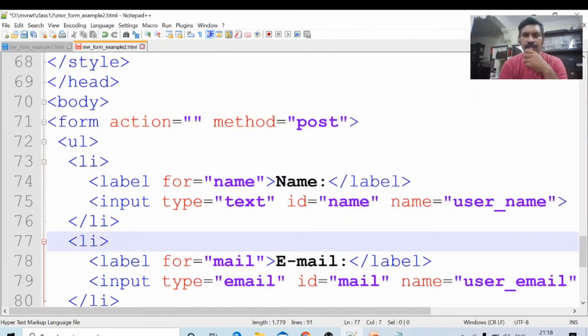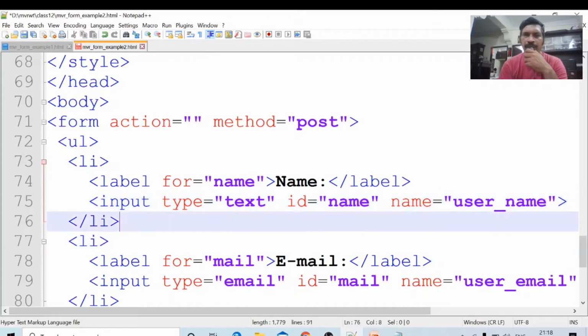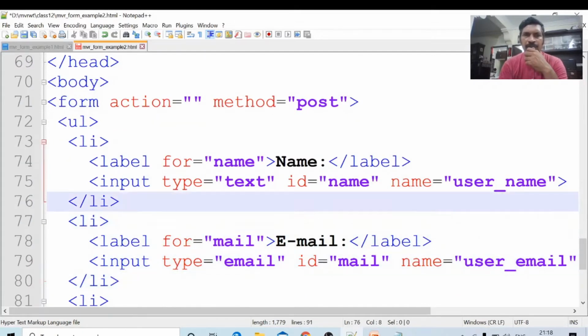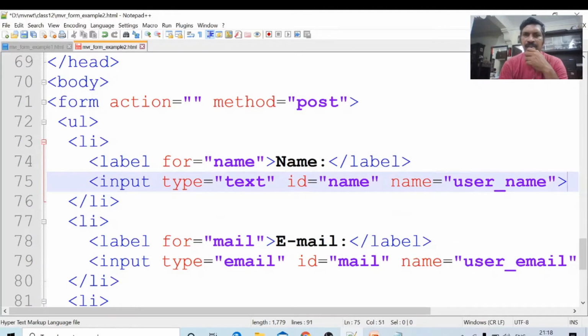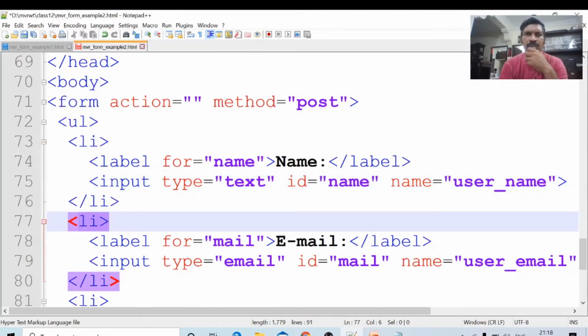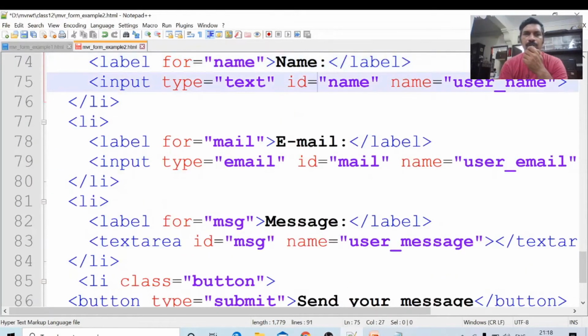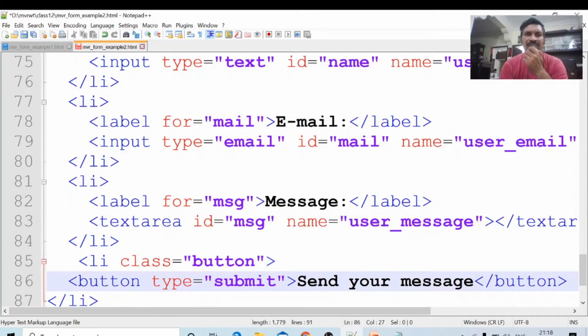Label, just that name will be displayed. Input type equal to text, id equal to name, username. For name, what is the input we have taken? For the name, the input taken is text. Next is email. For the input, we have taken the type equal to email. For the message, we have taken the input as textarea.